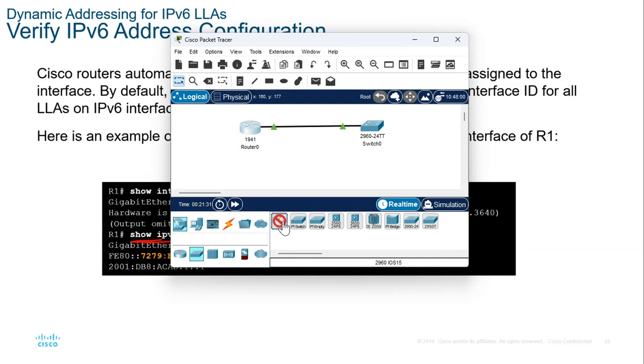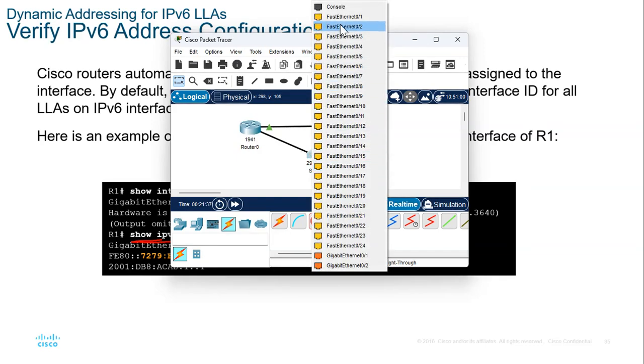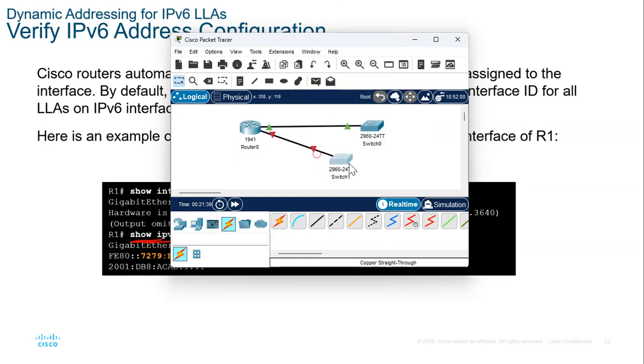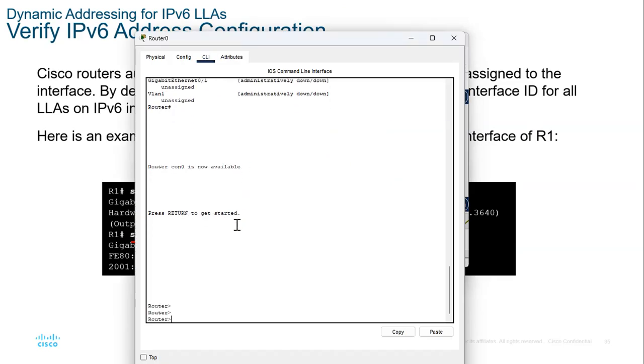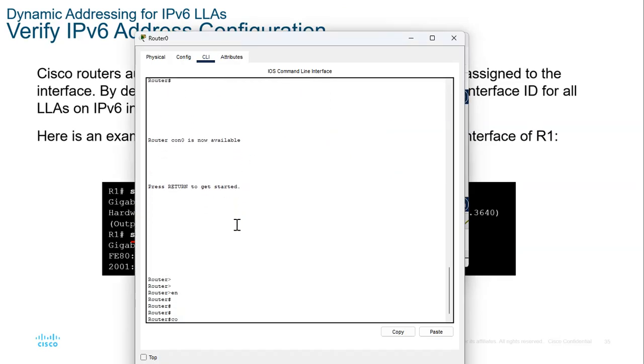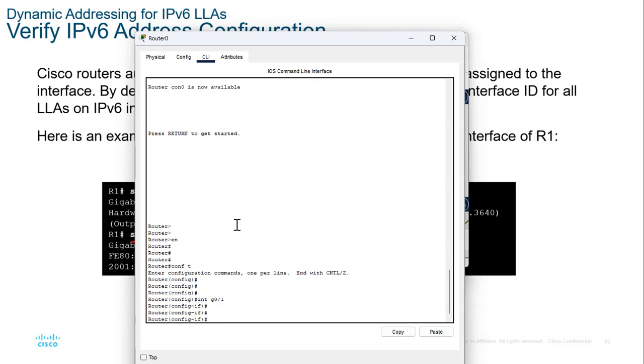Let me pick another switch, add it here, pick a cable, and then pick on this, and then to this one here. So if I enable and then go to configure terminal, interface G0/1, and then say IP address,